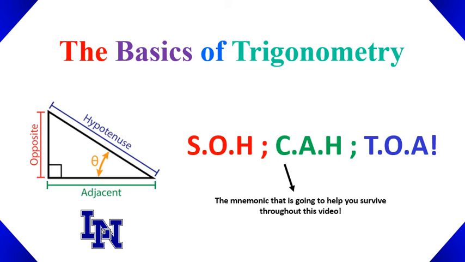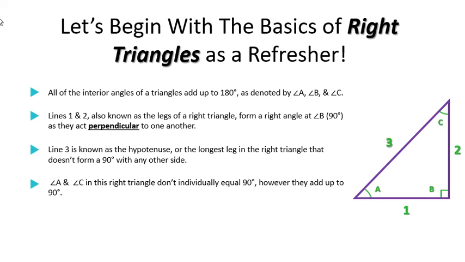Welcome to the Basics of Trigonometry. Let's begin with the basics of right triangles as a refresher. All of the interior angles of triangles add up to 180 degrees, as denoted by angles A, angle B, and